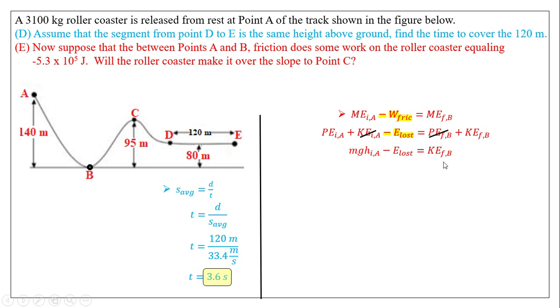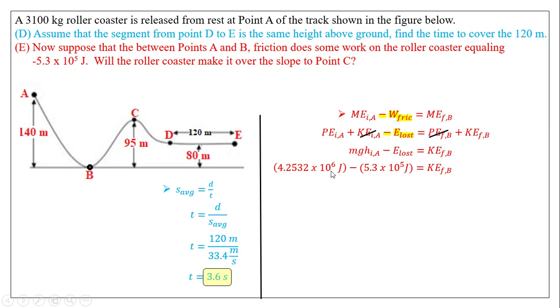So again, you have to kind of go with the flow. You can't just sit here and memorize stuff and then break it up into 1/2 mv_f squared. Here, I kept this term on the right as is. It's just KE_f at B because what I can do is I can run a test. So if I plug in values for mgh_A, 3,100 kilograms times 9.8 times the initial height at point A, which is 140 meters in the diagram, I'll get this big number,